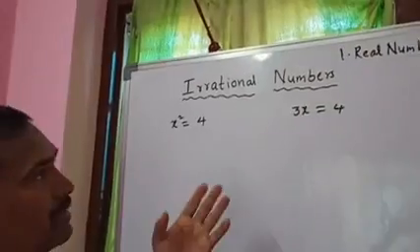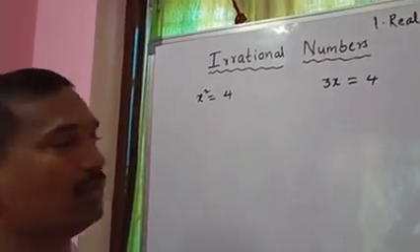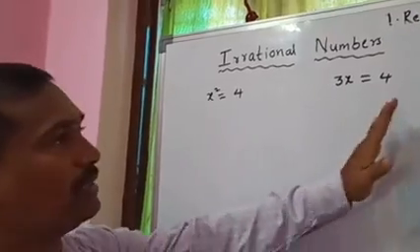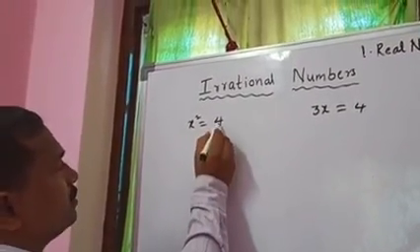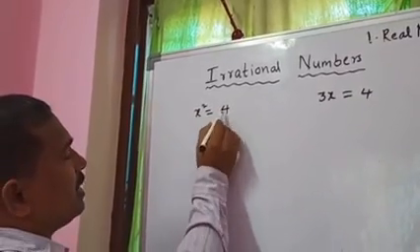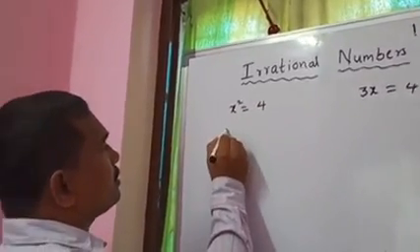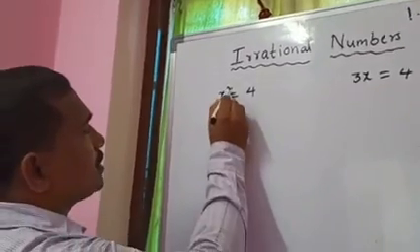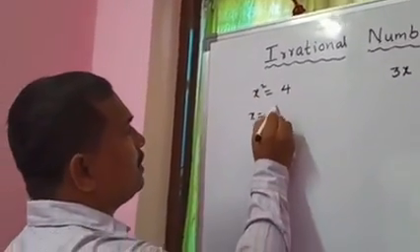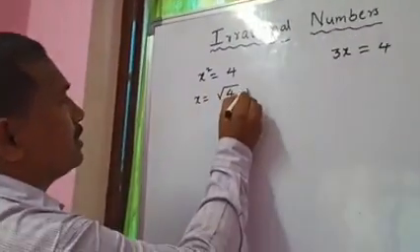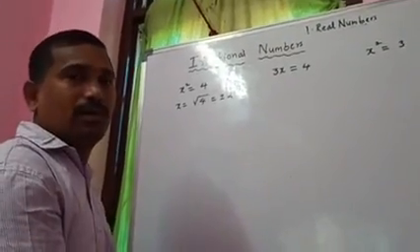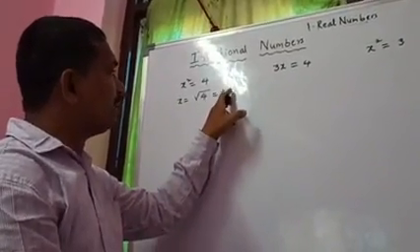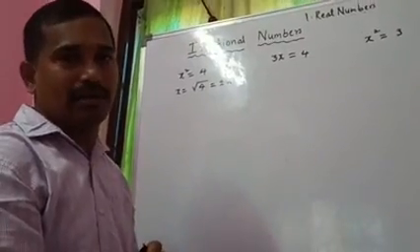Here, to understand the concept of irrational numbers, first let us see some examples. Here, this is x square equal to 2. What are the x values that satisfy this? So x equal to, the square goes to the right side and becomes a square root, that is plus or minus root 2. So we can represent plus root 2 and minus root 2 on the number line.